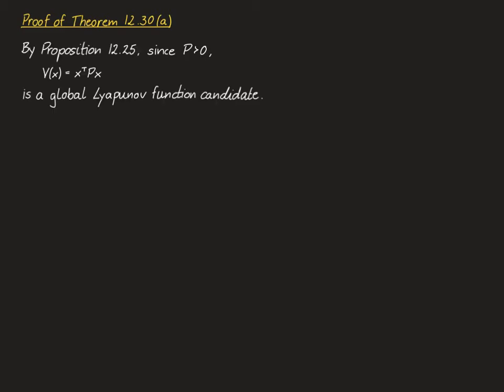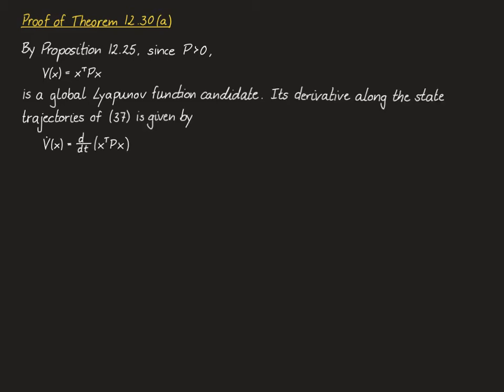We begin with the proof of part A of Theorem 12.30. By Proposition 12.25, we know that since P is positive definite, the function V of x, being equal to x transpose Px, is a global Lyapunov function candidate. Its derivative V dot of x along the state trajectory is hence given by the time derivative of x transpose Px,